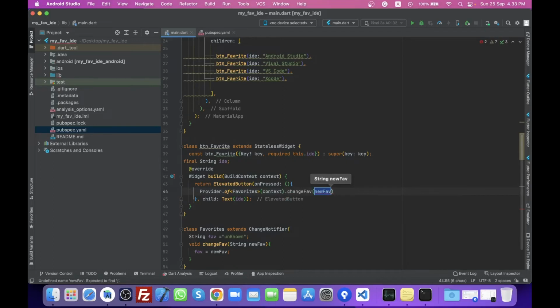We are going to put the IDE, which we defined as a string variable here,